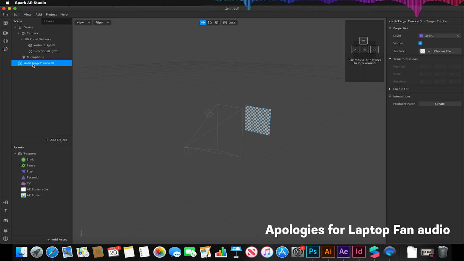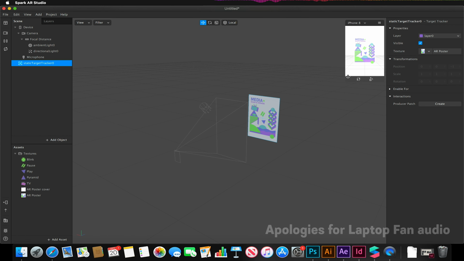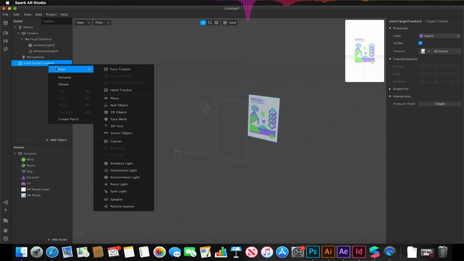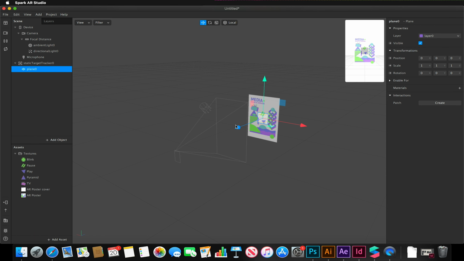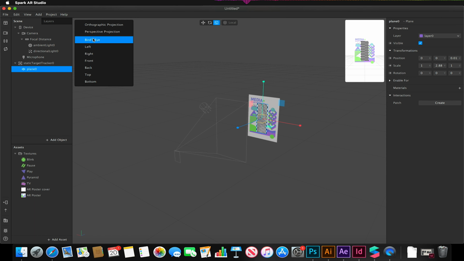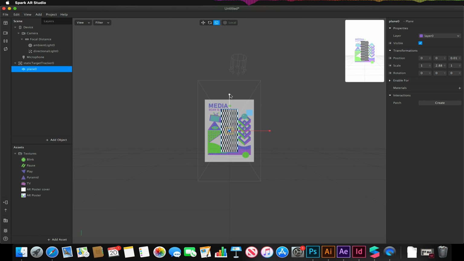Now if I select my target tracker, I can choose a texture, and I want to choose my AR poster. So I should have my AR poster image now on the screen, like so. I'm going to right click on this and I'm going to add a plane. I'm going to bring this plane forwards a little bit, and I'm just going to use this little scale tool up here to scale this plane up, and I'm going to actually change my view to be front on to make my life a bit easier, to just scale this plane till it covers our poster underneath,